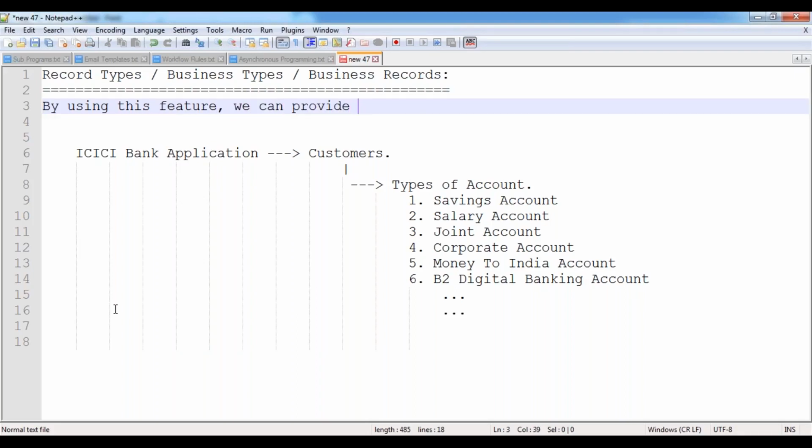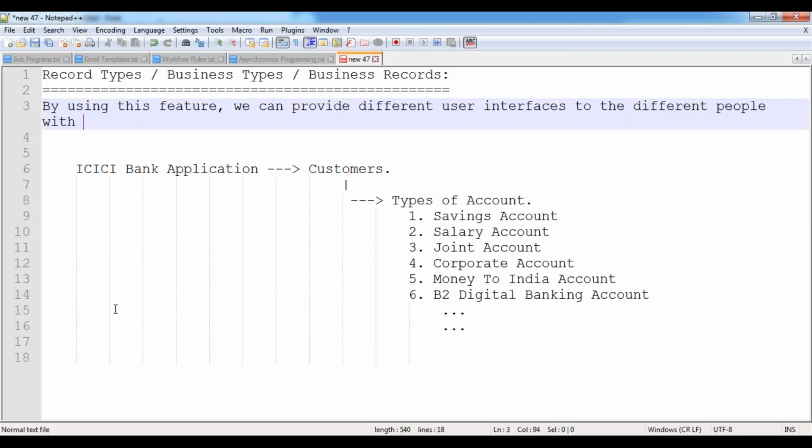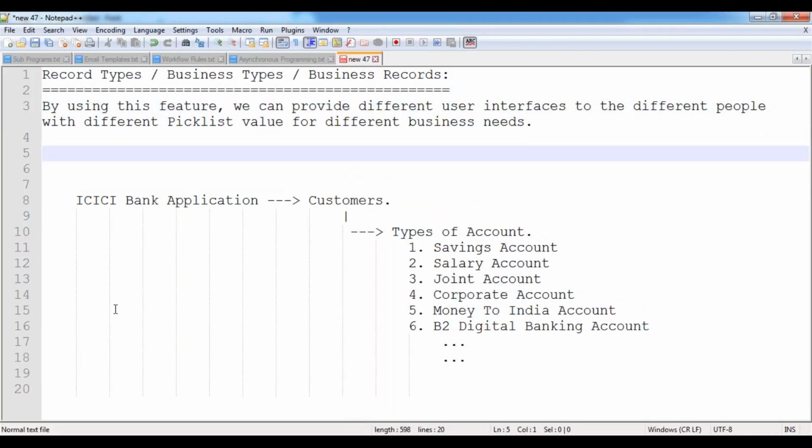we can provide different user interfaces to different people with different pick list values for different business needs. So whenever you want to provide some different pick list values to the users,